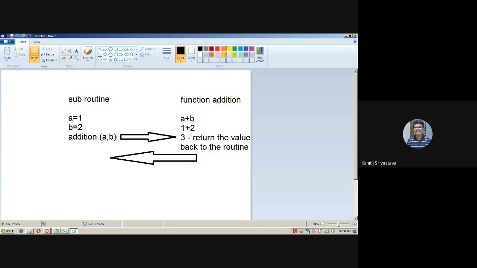Yes. So as you can see in Paint, I have designed a flow diagram for you, which is this. You're supplying the parameter, calling the function. The function takes the parameter from the routine, adds the two values, and returns the 3 back to the routine. Okay. Like for example, I'm asking you some question and you are returning me the answer. Right? So what role am I playing and what role are you playing in terms of routine and function?